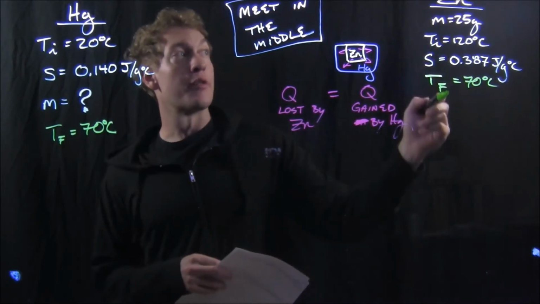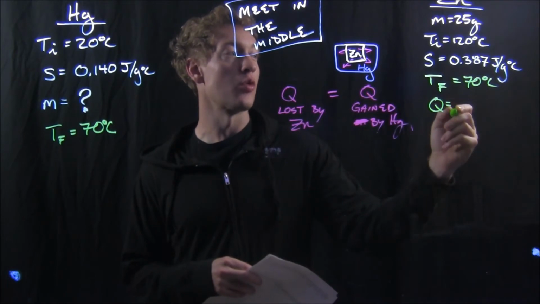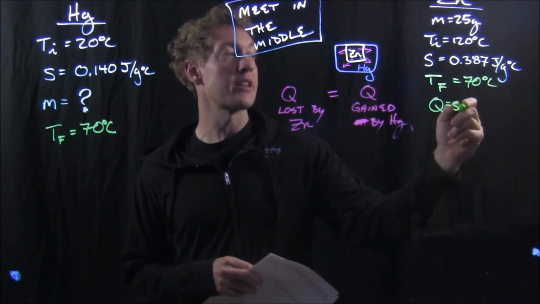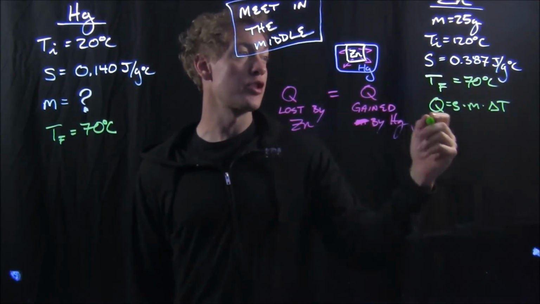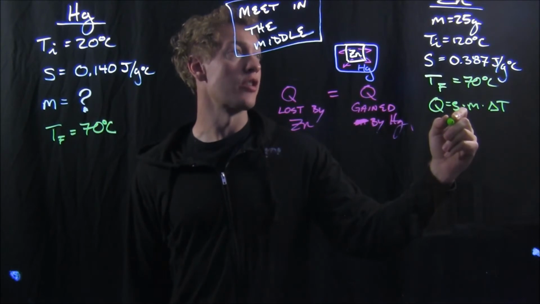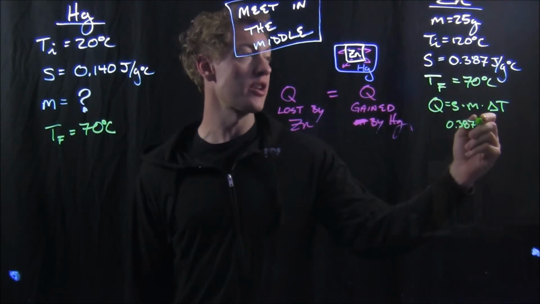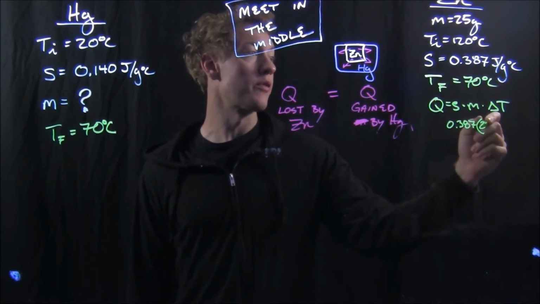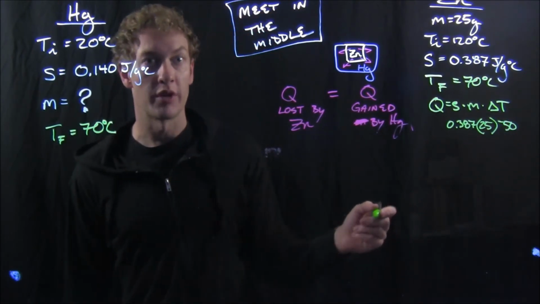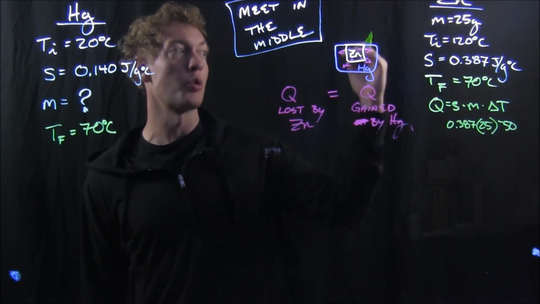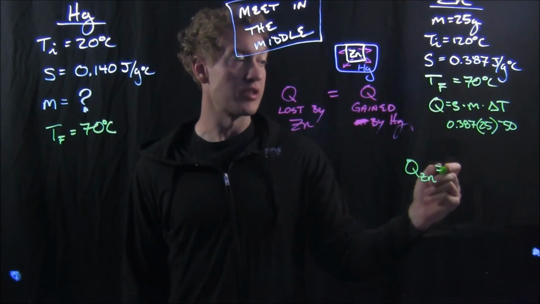And then that means I have enough information to solve for Q of zinc. Q for zinc is going to equal the specific heat capacity times the mass times the change in temperature. So that means Q for zinc is going to be 0.387 joules per gram degree Celsius times 25 times negative 50, because it's dropping from 120 down to 70. So that means the Q of zinc is equal to